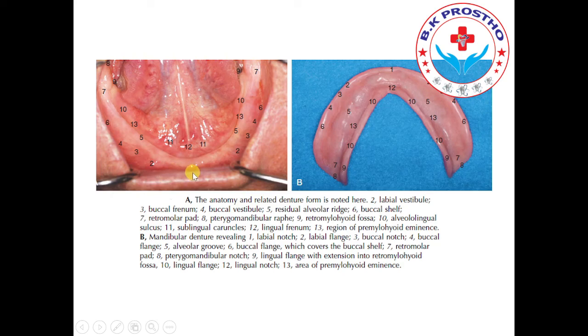The limiting structures in this case are the labial frenum, the right and left labial vestibule, and the buccal frenum on the right side as well as the left side. The buccal vestibule, where the denture should be properly extended, up to the external oblique ridge, and posteriorly there is the retromolar pad area. Bilaterally, the alveolar sulcus is divided into three parts: anterior, middle, and most distolingual part. This is very important. The lateral throat form or distolingual pouch, if it is class 1, is more favorable in terms of the retention and stability of the denture.